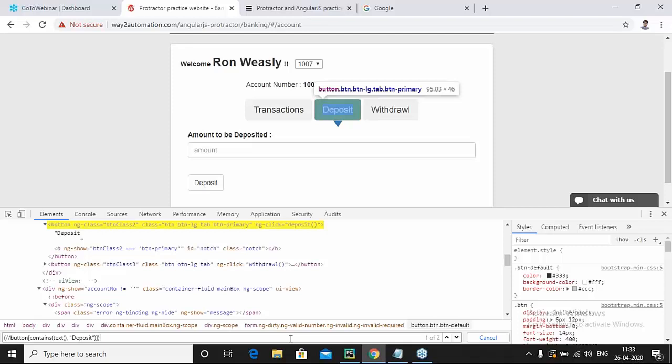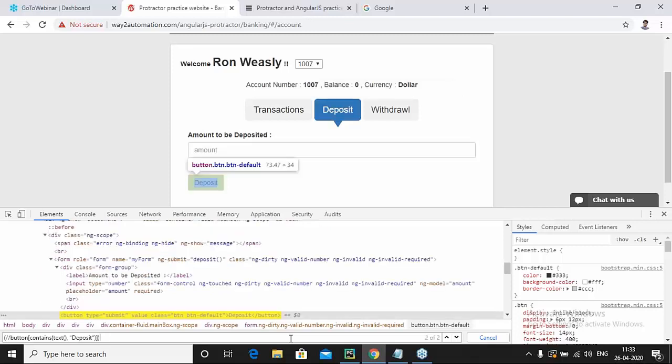So I was stuck in the confusion of how to locate the deposit button that I want. For that, I simply said I want the second result, and it shows a unique XPath. This is called grouping of elements.